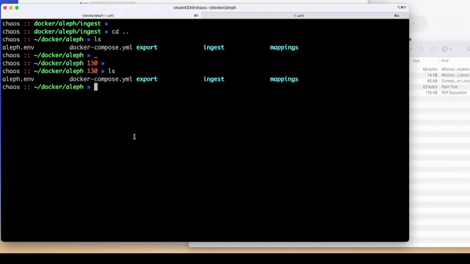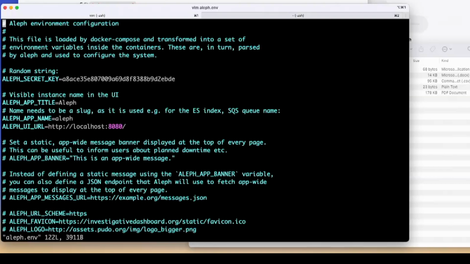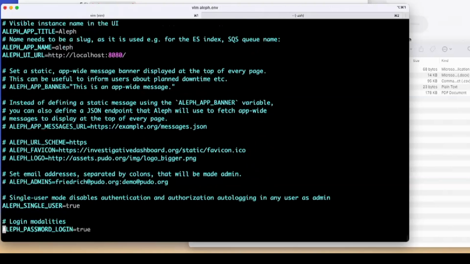I'm prepared. So basically, there's these 2 files, aleph.env. This is like configuration data for the tool. So you can set the title, you can set the URL. The secret key is just a random key. One thing I did want to call out,